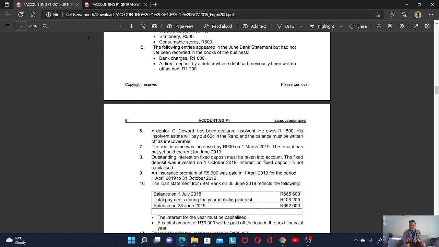But we are told that the rent was increased by 900 on 1 March. This means that this 900 is from March, April, May, for 3 months, because for June we are told that the rent has not yet been paid. So we are going to say